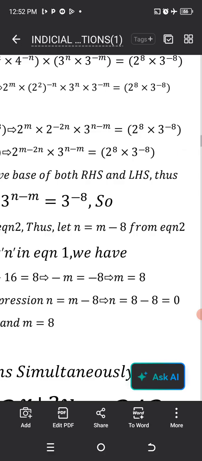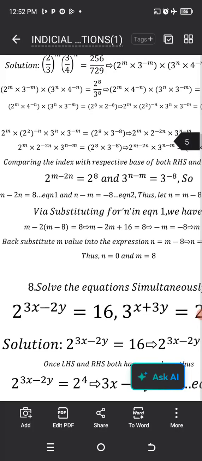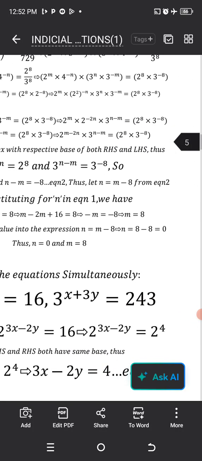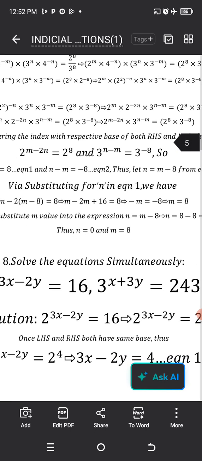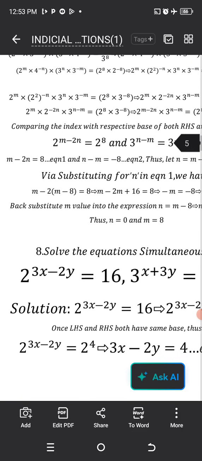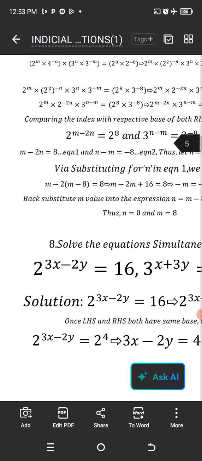2 raised to power 8 multiplied by 3 raised to power minus 8. Like we've been doing, we compare the indices with the respective bases on both the right hand side and left hand side. Thus we have 2 raised to power m minus 2n equals 2 raised to power 8, and 3 raised to power n minus m equals 3 raised to power minus 8. So that's why we have equation 1, m minus 2n equals 8, because they have the same base. We take that as equation 1 for the one with the same base of 2,